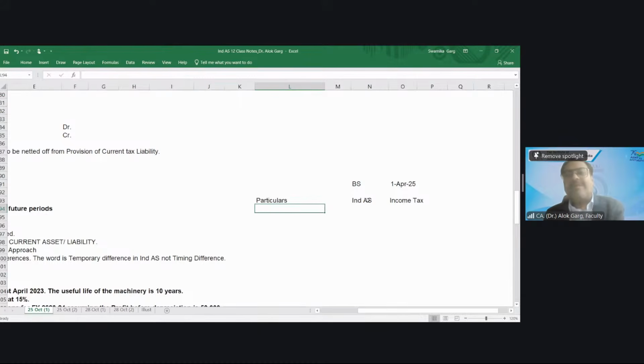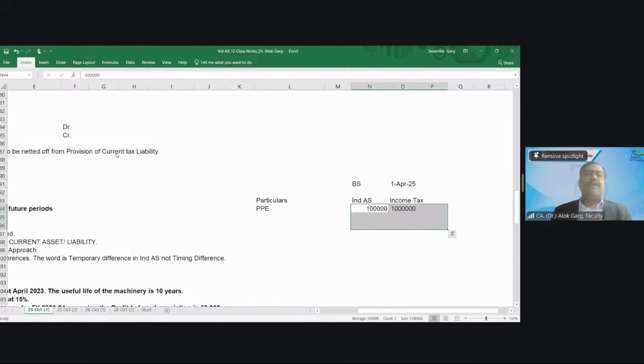And what is in the trial balance? The trial balance has the balances of asset, liability, income and expense, right? So you prepare your books of accounts through the trial balance, right? So you can prepare an everyday balance sheet. So what is the value of PPE under the Income Tax Act and Ind AS? 1 lakh. As Karthik said, the same amount, right? Very good. 1 lakh, 1 lakh. So do you find any difference